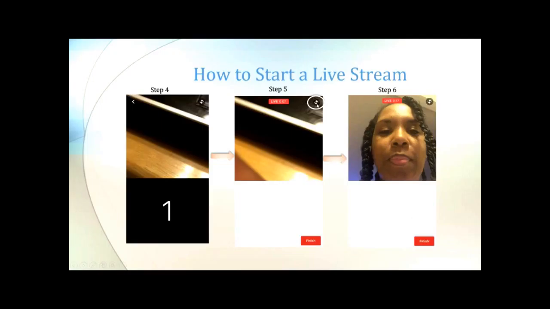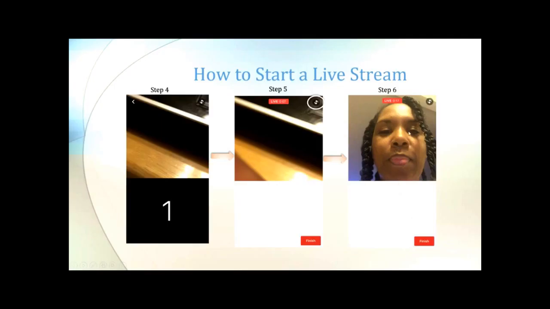Now the little double arrows here allow you to turn the camera to the forward facing camera so that it's facing you. And as you can see, me in my nighttime attire, I've turned the camera to myself, and so this screen capture was actually me streaming live just to get that screenshot. Of course, you know I shut it down right after I finished.